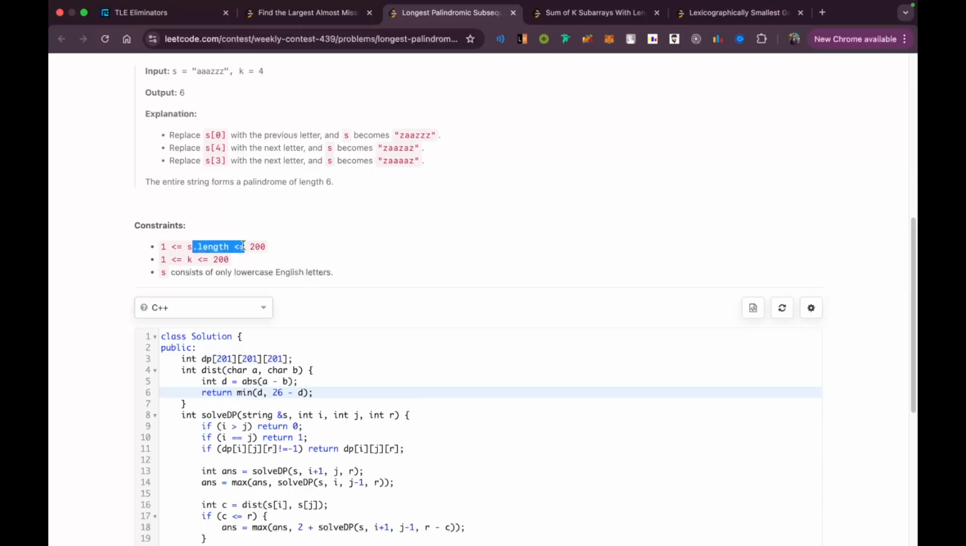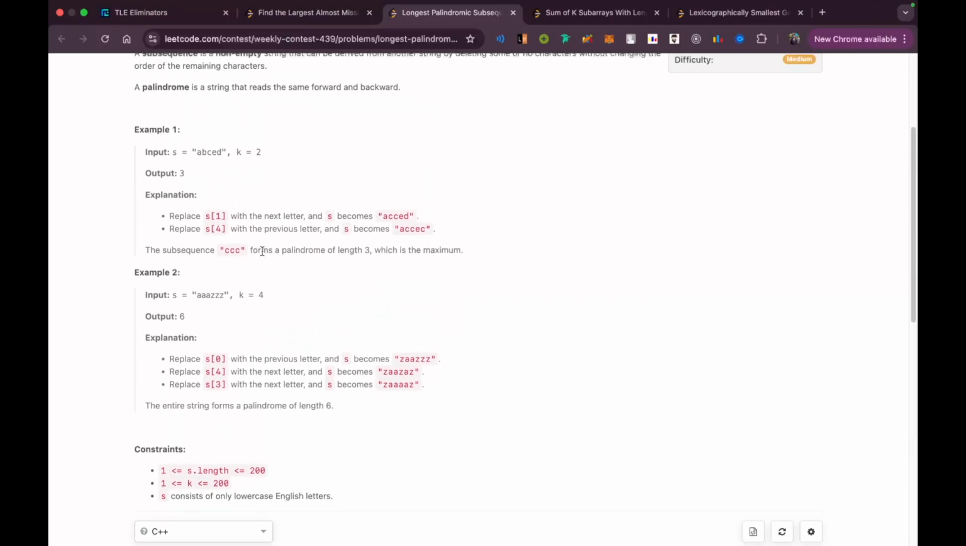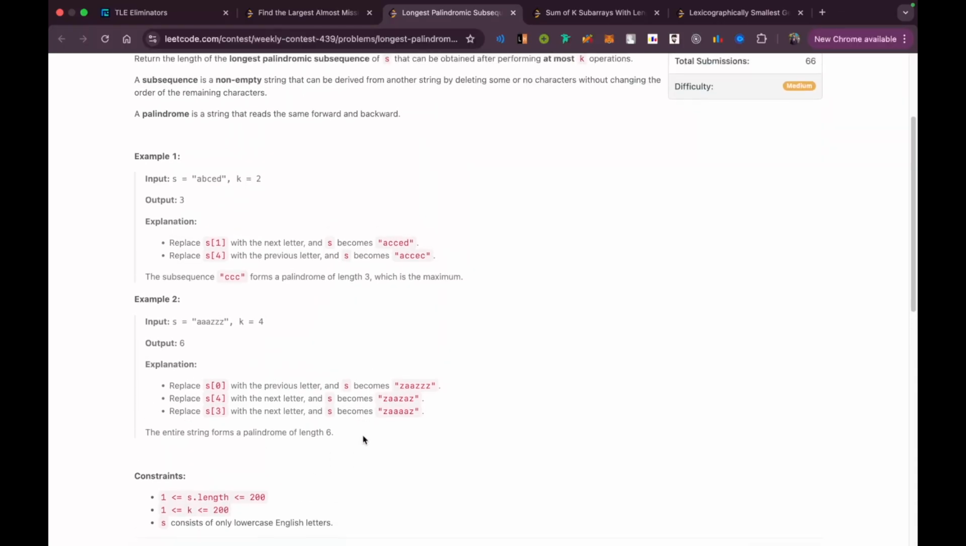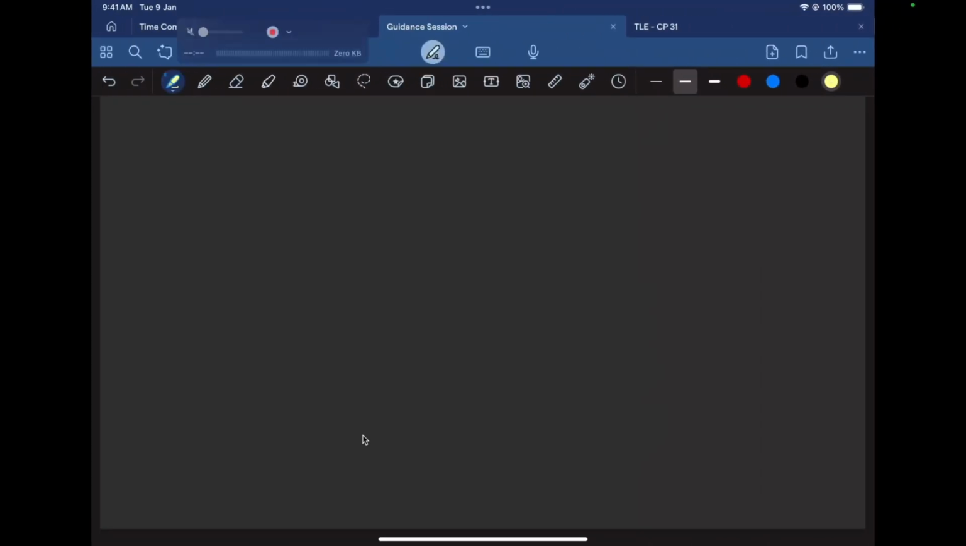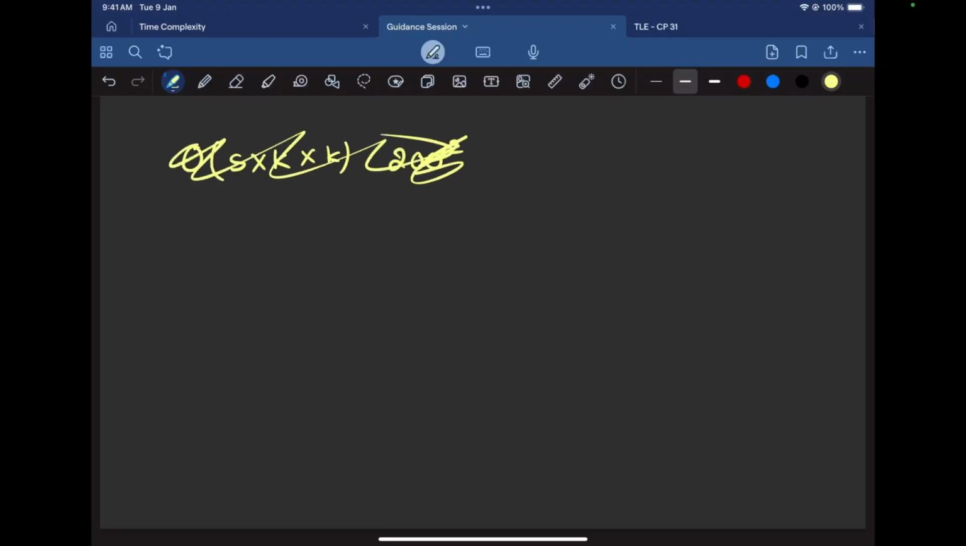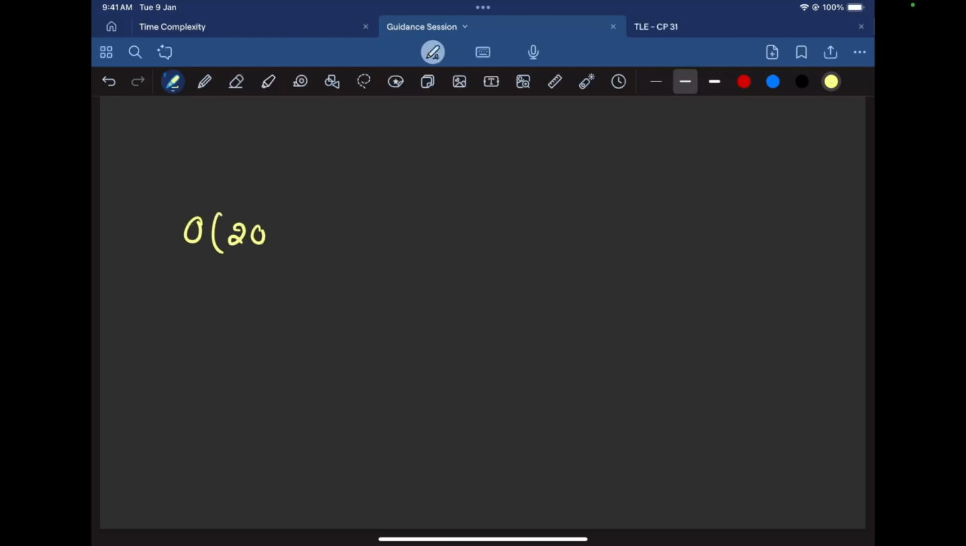Look at the length of S and the K value that is given. This is very, very small. Both are in 200 order. Now this hints me that I can actually create solutions that look like S into K also. If I create something like S into K, that would be like 200 square. Even if you create something like S into K into K again, I'm just trying to get you an order of 200. Even if you create something that looks like 200 square, that is also fine. If you create something like 200 cube, by the way, this is also going to work because